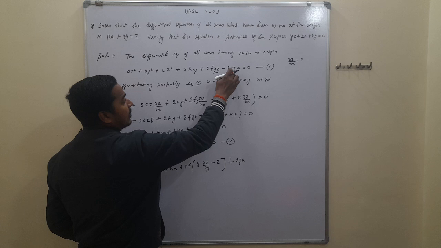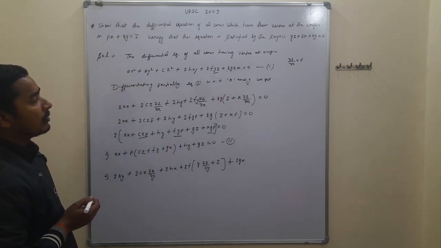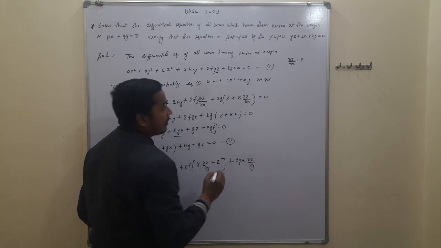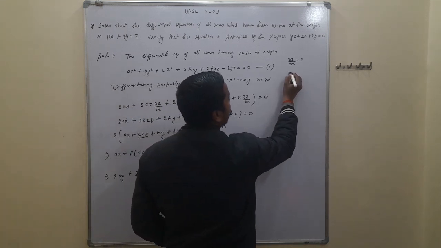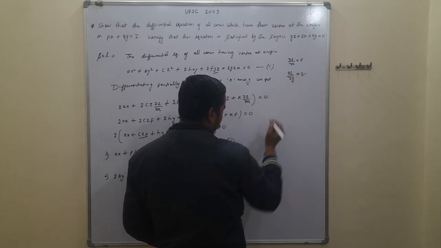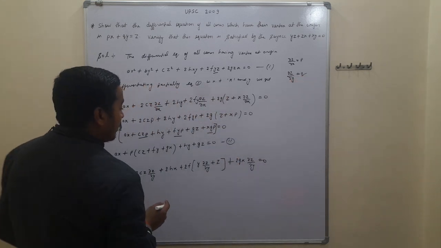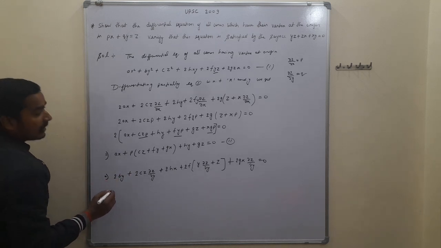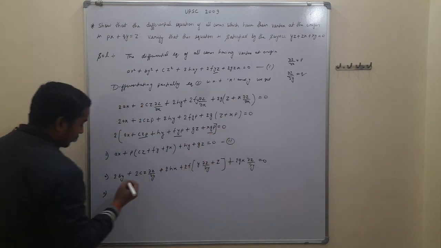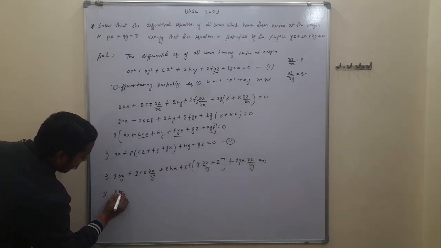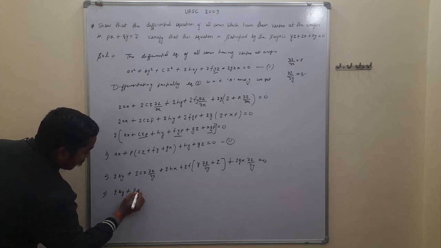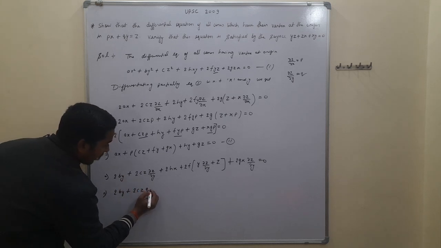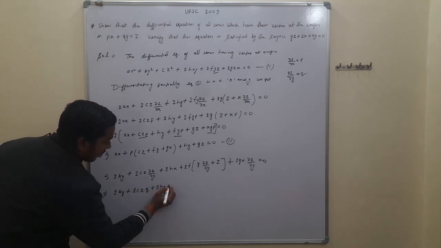2gx is taking constant and z is a function of y, so we have to differentiate with respect to y. This gives del z upon del y, and we know that del z upon del y is written as q. So in place of del z upon del y we have to put q, this gives 2by plus 2cz, in place of del z upon del y we have to put q,